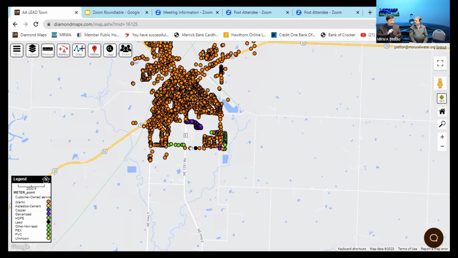I think we got a question. Should we create a layer that reflects district-owned service lines? District-owned service lines. I'm not sure what that question means, but you can. I mean, I understand maybe the service lines pre-meter. Is that kind of what we're thinking here? Wes, could you be a little more specific?